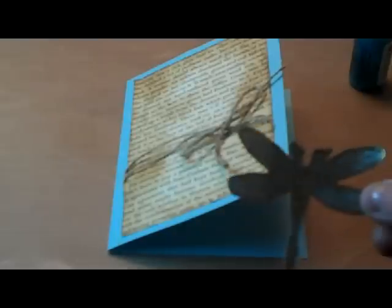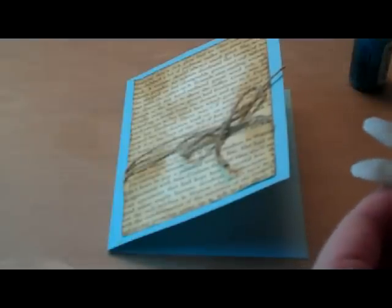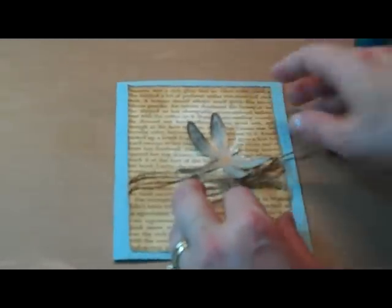Okay, so I'm going to put the dragonfly on the front of my card now, and I'm also going to use score tape for that. I'll just grab a tiny little piece. You can glue this whole thing down flat if you want to, but I kind of like being able to fluff the wings up a little bit. So I'm going to take that, put it right there on the front of my card,